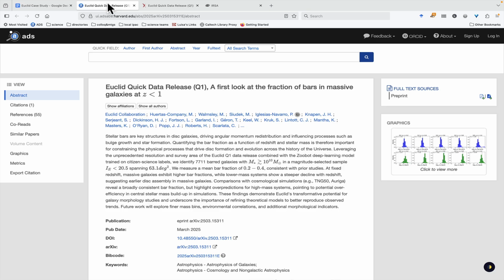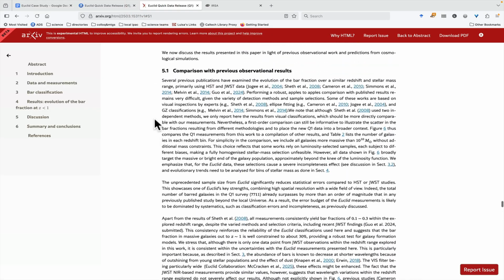Well, in the context of what I'm doing here, I don't care so much about the galaxy evolution. What I'm really interested in is getting the subset of targets that were resolved galaxies out of the Euclid Q1 data release. So from this paper, we can go and look at it and try to figure out